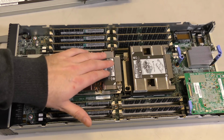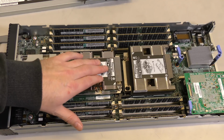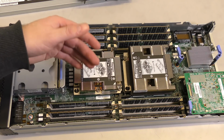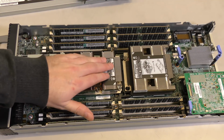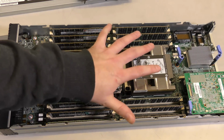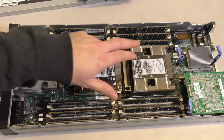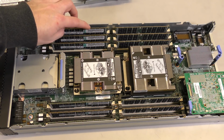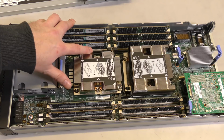To get there, you do actually need some of the very high-end CPUs, the ones with an M after the CPU number. The M stands for memory, and that means that the CPU can handle 1.5 terabytes of memory, where the normal CPUs can only handle 768 gigabytes of memory. So if it's 2 of the normal CPUs, the server will handle 1.5 terabytes of RAM. That is fully occupied with 64 gigabyte RAM blocks. So to get up to 3 terabytes of RAM, you would have to put in 128 gigabyte blocks,